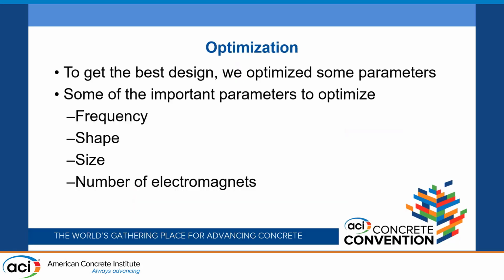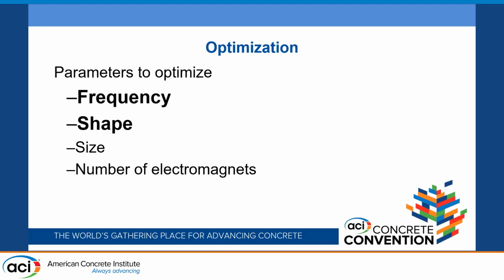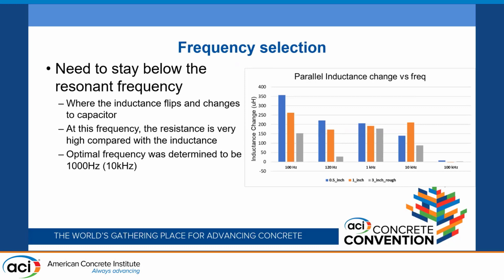Okay. So part of our work here was really optimizing the magnet itself. And part of this has some parameters regarding frequency, shape, size, and the number of electromagnets. Okay, I'm going to talk about frequency and shape at the same time. And part of this is because the efficiency of the shape also dictates the frequency we measure. And what we've found out with this, and my apologies for the typo here, is that basically using 1 kilohertz or 1,000 hertz for our signal was the best